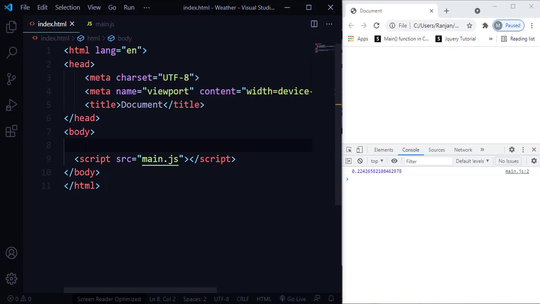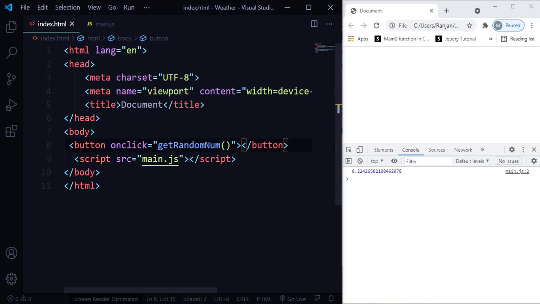I'm going to create a button here. I'm going to set the onclick event. When I click on that button, it's going to call a function. So here we need to pass the function. Let's say getRandomNum, something like that, anything, right? So this is the name of the function.